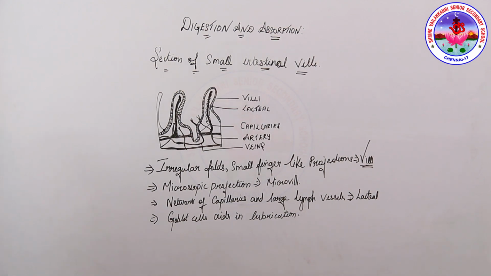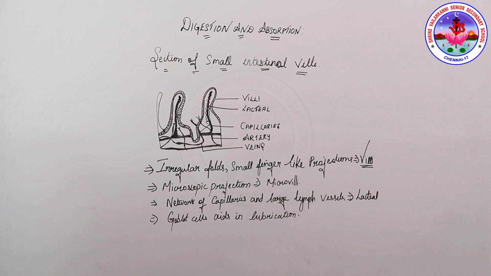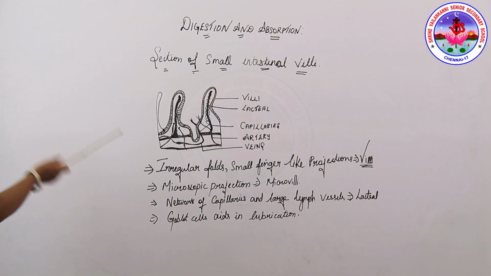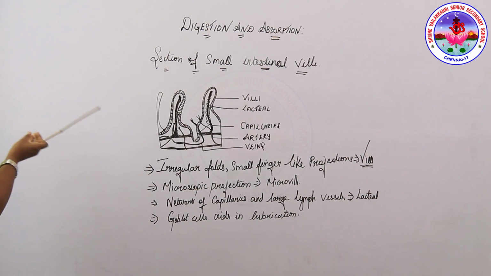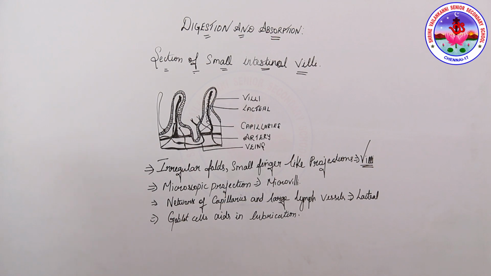Though it is small in diameter, the small intestine is the longest part of the gastrointestinal system. The small bowel is one of the commonly used names for the small intestine. This organ is responsible for the absorption of more than 90% of the nutrients from the food. The small intestine starts from the pyloric sphincter at the lower end of the stomach, and continues to the beginning of the large intestine. So that's all about the small intestine.